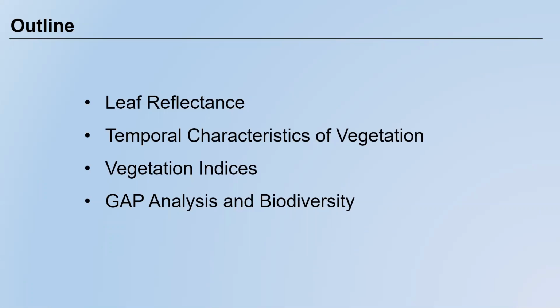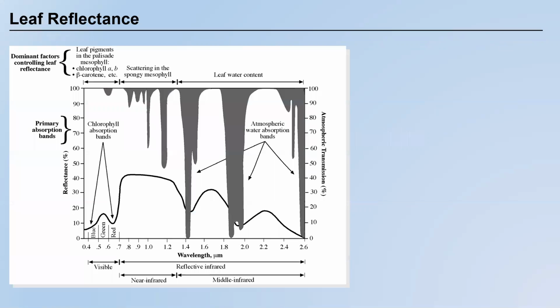And at the end, I'm going to introduce a US government funded scientific research project related to vegetation remote sensing. It's called GAP, gap analysis and biodiversity. It's not only about vegetation, but vegetation is very important in GAP. Okay, so firstly,